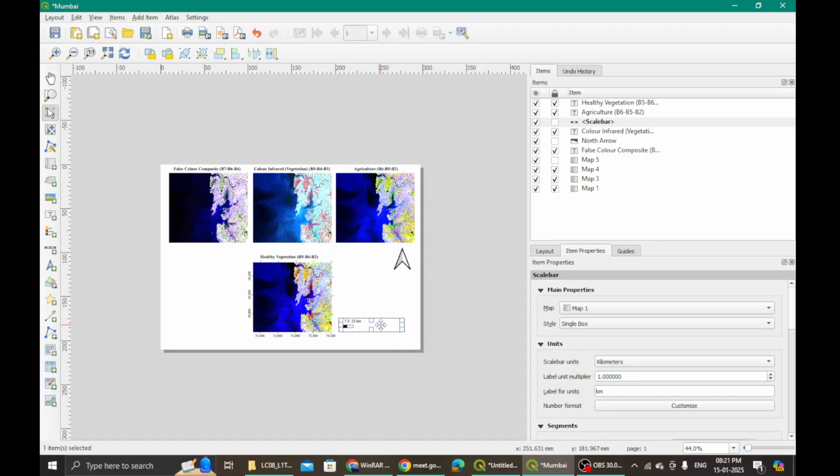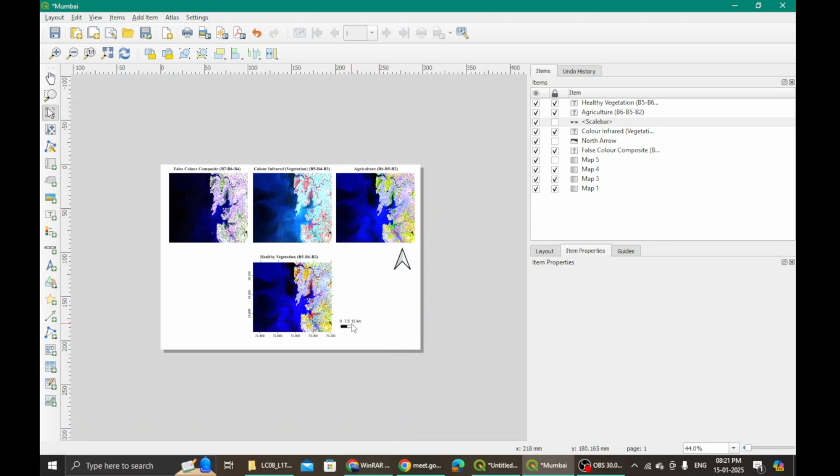So this is the scale bar that I have added. I bring it here and keep it here. So whoever wants to refer to this particular scale bar, we know that this is 15 kilometers. This is 7.5 kilometers, the solid section of it, and the blank section of it is also 7.5. So altogether it is 15 kilometers. Then we can have a reference, no? This is 15 kilometers. Good enough.